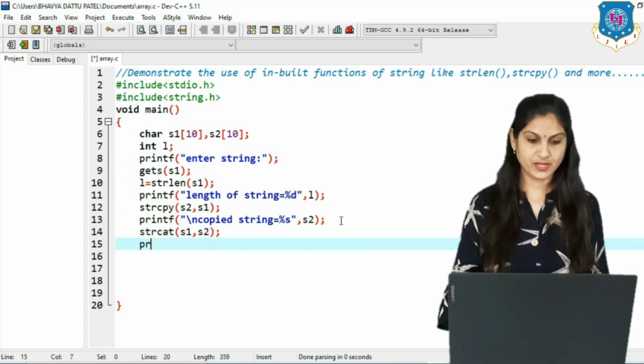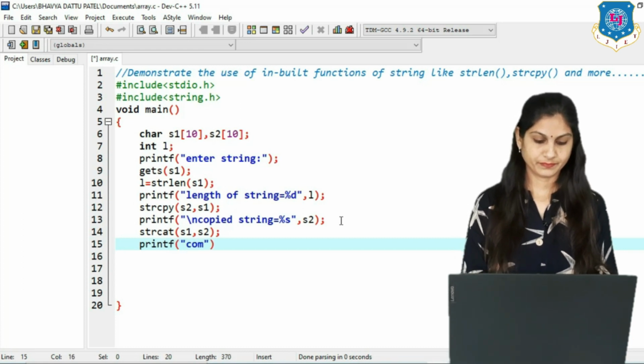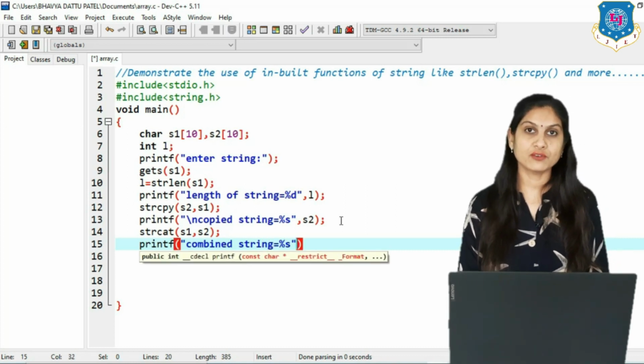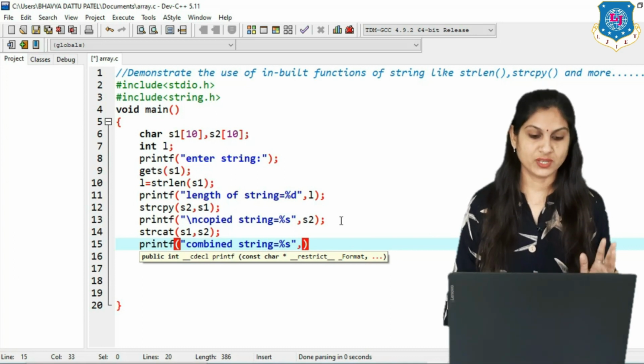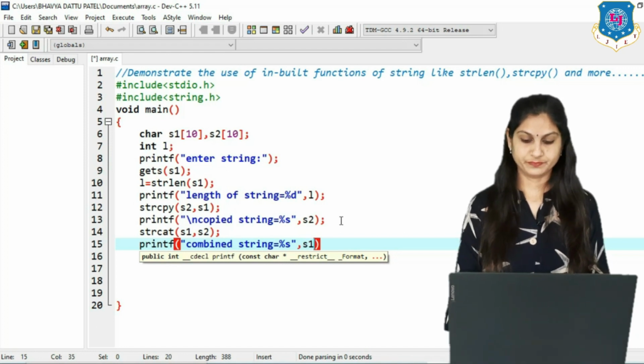In printf we write combine string equal %s, and the value which we have to find, the left hand side is always our answer. So here the left hand side is S1, so we write S1.